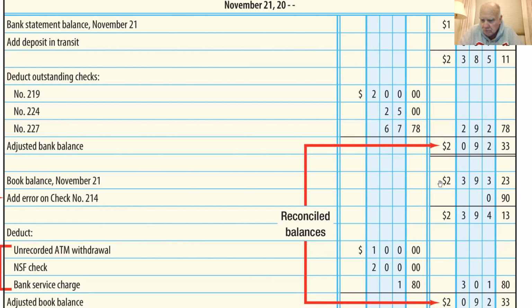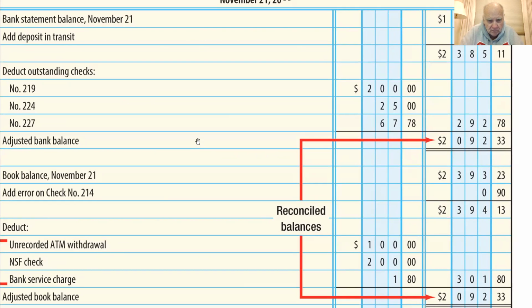So the beginning book balance plus and minus these various reconciling items, they can be different each month. You might not have any sometimes, maybe just one or two. Beginning balance plus and minus these reconciling items, look what you come up with, 2092.33. We have now prepared the bank reconciliation. We have reconciled the bank statement. If the bank knew everything we did, it would have a balance of 2092.33. If we knew everything the bank did, it would come out the same.